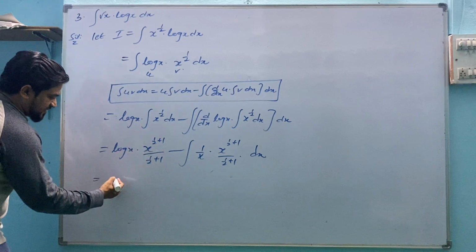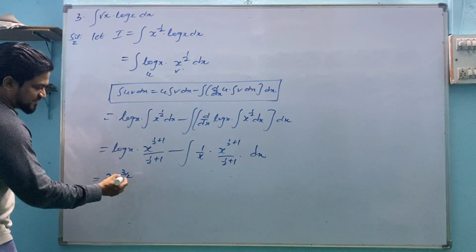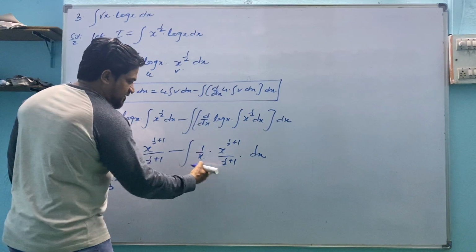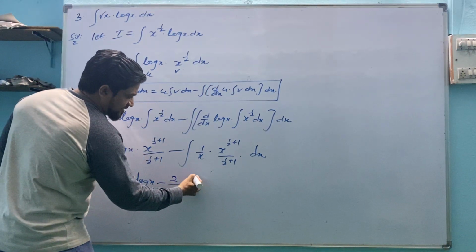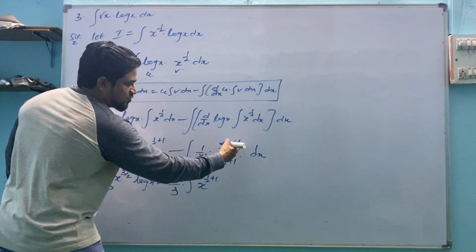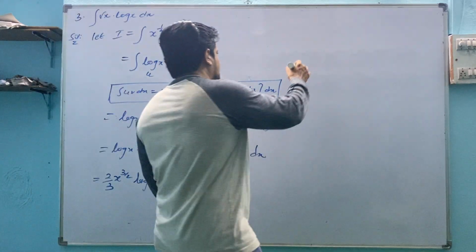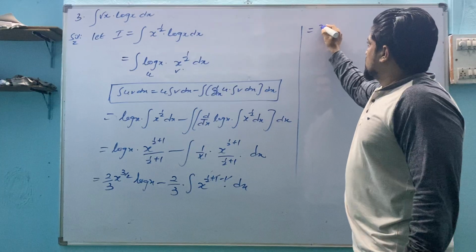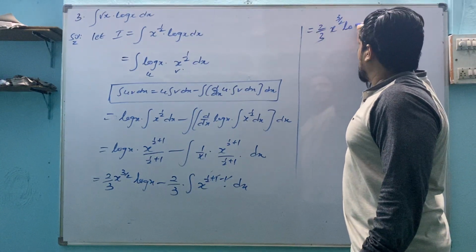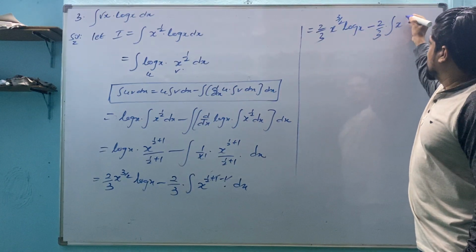Now this is x power 3 by 2. This is 3 by 2, in the numerator is 2 by 3 then. This is log x minus. This 3 by 2 comes to the numerator, becomes 2 by 3. Integral x power 1 by 2 plus 1, this power 1 goes that side, becomes minus 1 dx. Then we have 2 by 3 x power 3 by 2 log x minus 2 by 3 integral x power 1 by 2